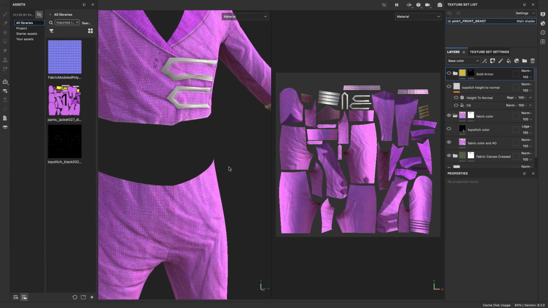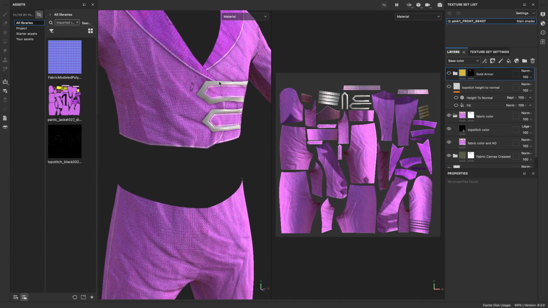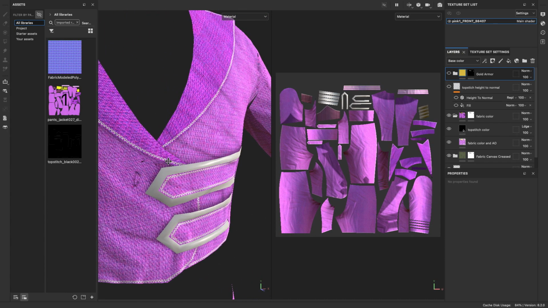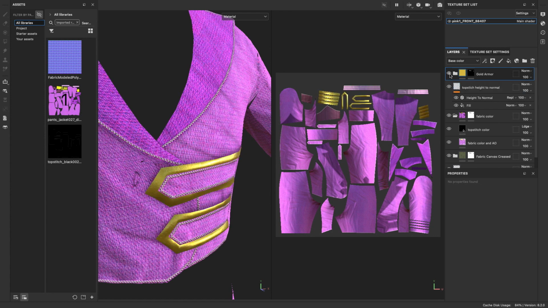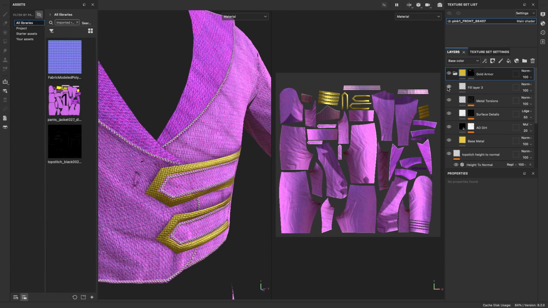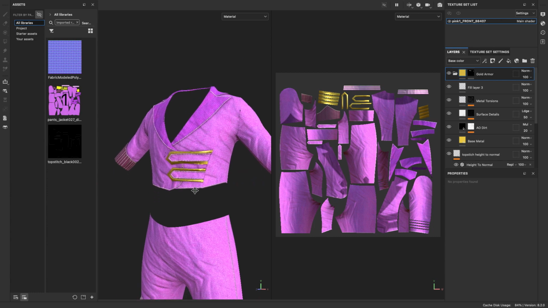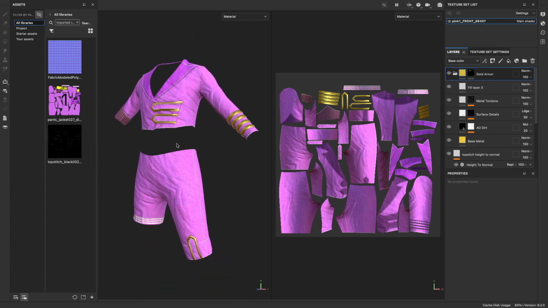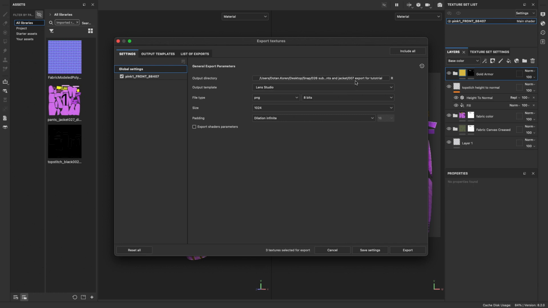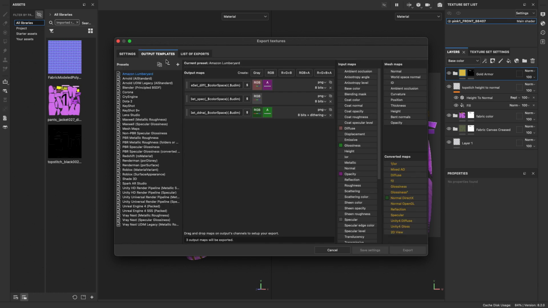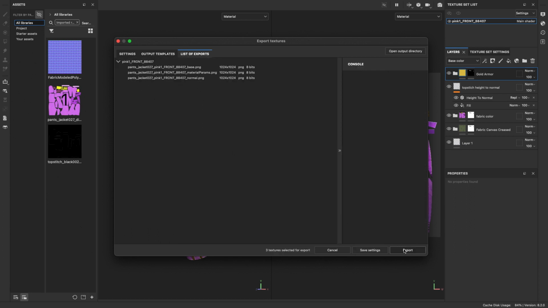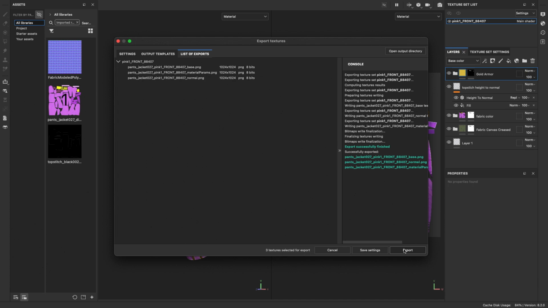To make the stitches more pronounced, I added the stitch map to a new layer as a height map, and then added a height to normal filter. Now the stitches will be added to the overall normal map. I added the built-in gold armor material and masked it to show only on the decorative straps. I changed the roughness and metalness for it to feel more like a fabric. For the strap texture, I created a new layer and used the normal map from a weave pattern that I imported into the project. I exported the texture maps with the Lens Studio template.